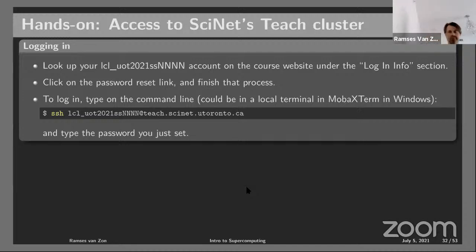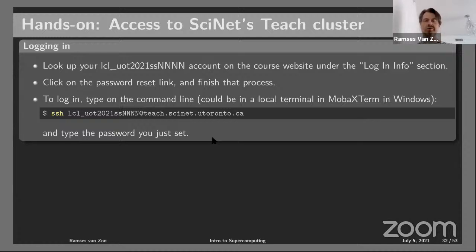So as a first try of this, you've all gotten access to the Teach cluster if you've registered, but you have to look up what your account is. You have an account on the education site that you used, and I hope you took the test already. By the way, the attendance code was 1 if you haven't taken the test yet.